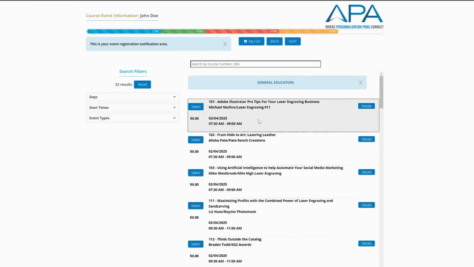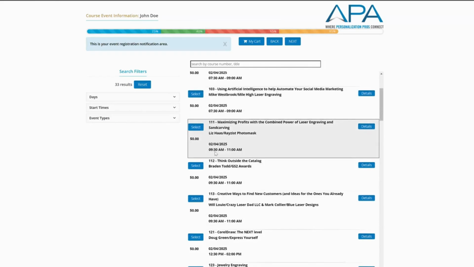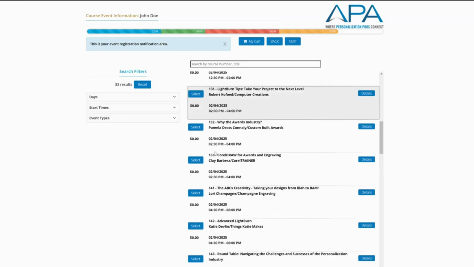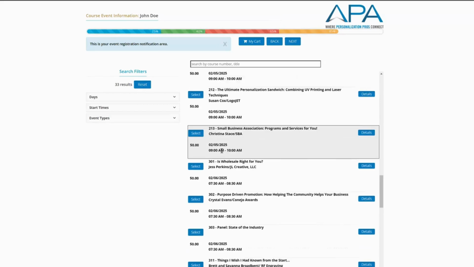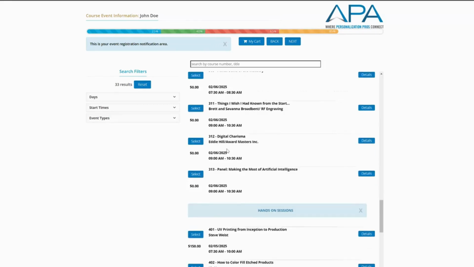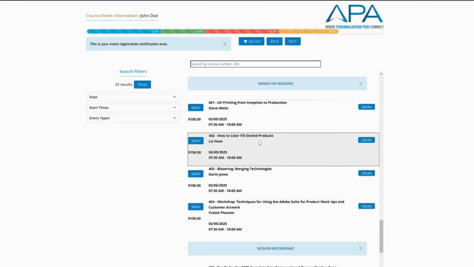Had we selected the other option that was just for the trade show floor, each of these sessions would be having an individual rate, and you can make your selections based on that. But just briefly going over all of these courses right here are the general education sessions. And as you keep scrolling, you'll run into the hands-on sessions, which are available for all attendees